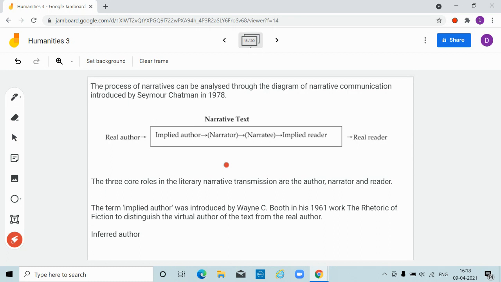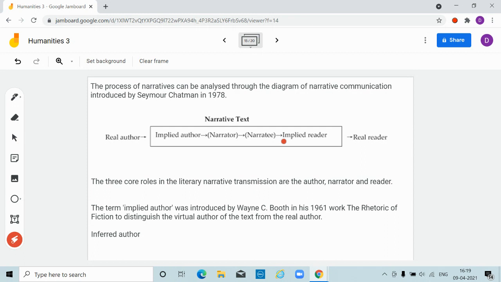Now, one is the implied author. From reading the work, the idea of the writer that comes into the mind of the reader is called the implied author. Now, implied author is not the real author; it is a virtual author. Okay, and the story is within the text. The story is told by a particular narrator. It is told to a narratee within the story, and also to the implied reader, that is the reader that was in the mind of the author, the intended reader,